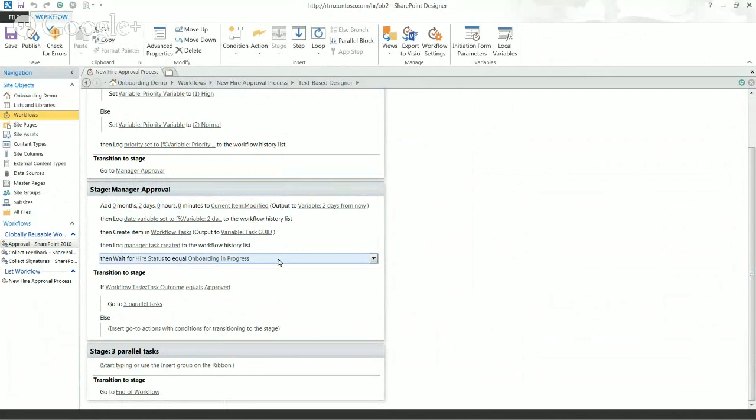and not have to have it running and running and running. It's just mostly a pet peeve of mine. But in 2013 workflows, in this case, basically you're creating a task, and then once the task gets completed, you would have the task workflow writing back to the new hire list to say that the task got completed and change the status to something else, which would trigger this workflow on the new hire list